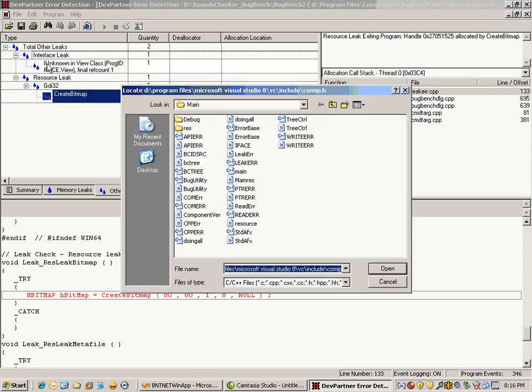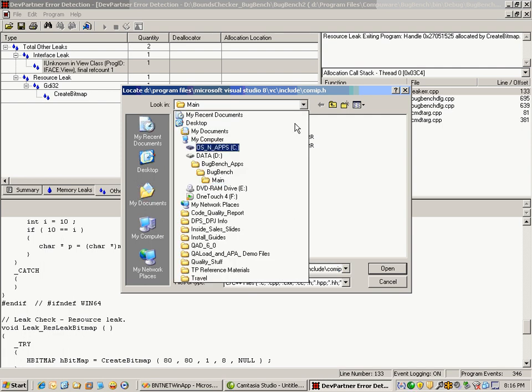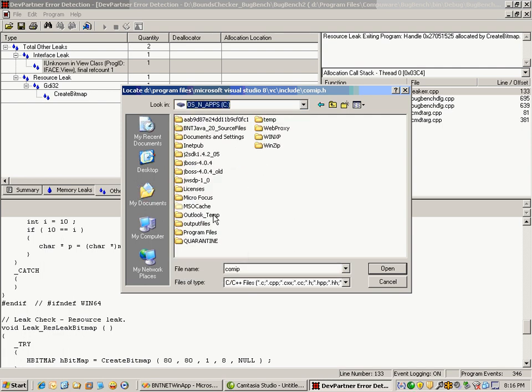Should only take a second. And once we get there,